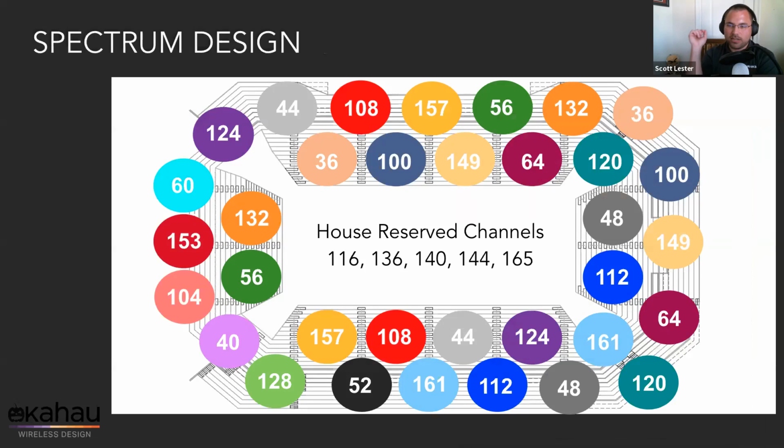So I think we'll just move on at this time, just to make sure we get through everything. But we'll talk a little bit about spectrum design, right? So once we've designed our wireless network from a physical perspective, then we also have to turn our attention to the RF perspective, right? How our channels are going to be laid out. Are we going to use something like radio resource management, RRM with Cisco, or an Aruba ARM or AirMatch, ChannelFly, something of that nature, right?